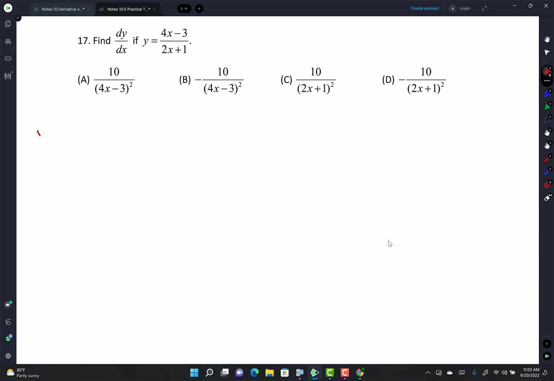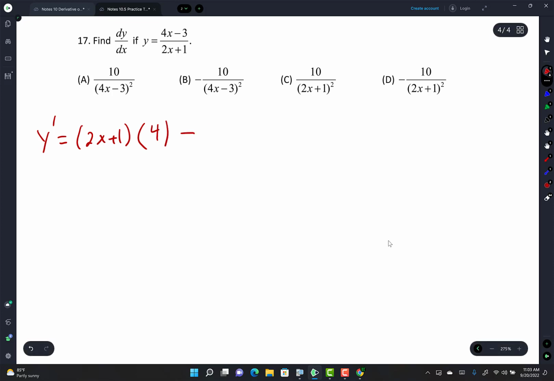Quotient. Y prime equals, let's get right into it. Bottom, 2x plus 1, times the derivative of the top. What's the derivative of the top? 4. Minus top, 4x minus 3, times the derivative of the bottom, all over